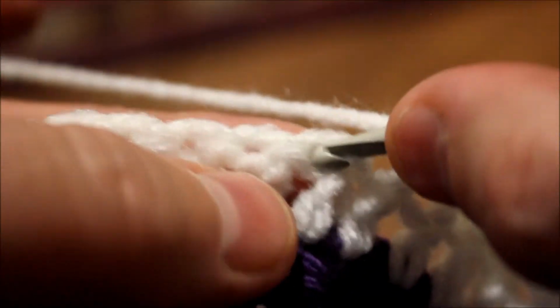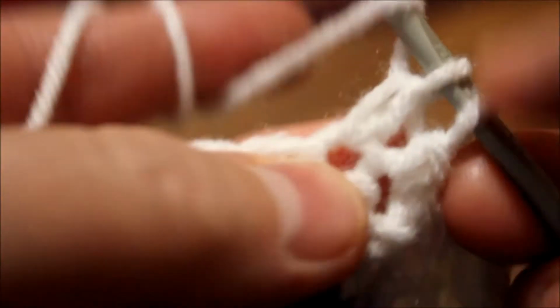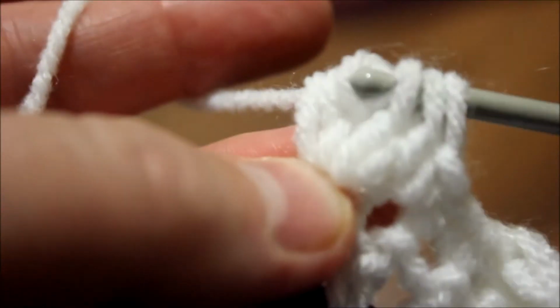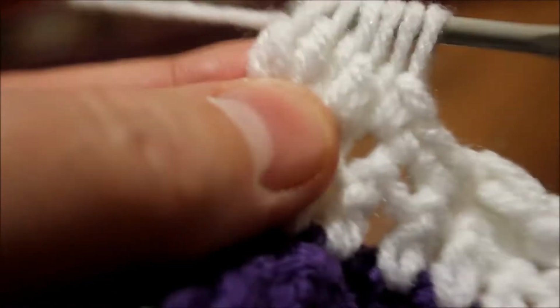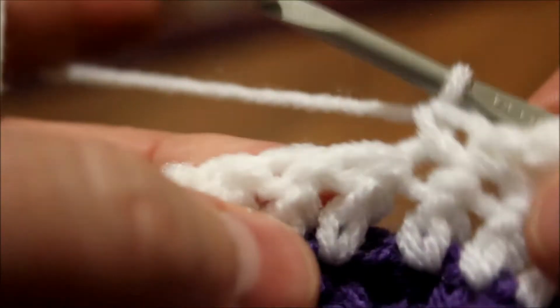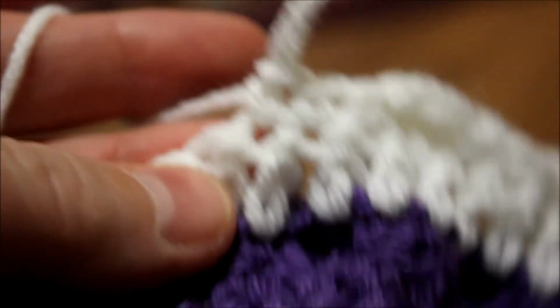Make the next 5 double crochet, 2, 3, 4, pull it once, chain 1, secure it, and then make 3 single crochets, and continue crocheting like this all the way to the end, and I will meet you at the end